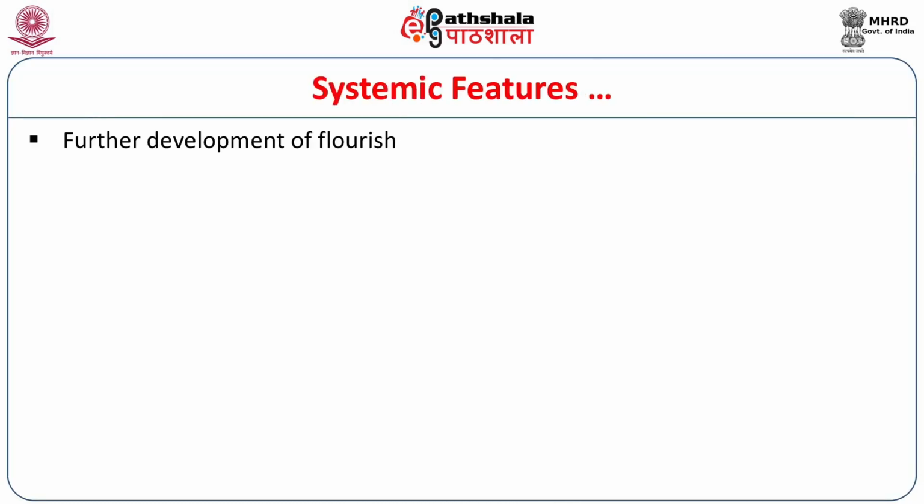Of these, the first category, that is northern India, we see that of the northern Indian scripts, we have another segment in eastern India, and then another segment in Middle Ganga Valley. The Siddhamatrika stood as the script of both Middle Ganga Valley and eastern India of the northern Indian variety of proto-regional scripts. Now, if we look at the systemic features of this script, we find further development of flourish that initiated in the Gupta period,